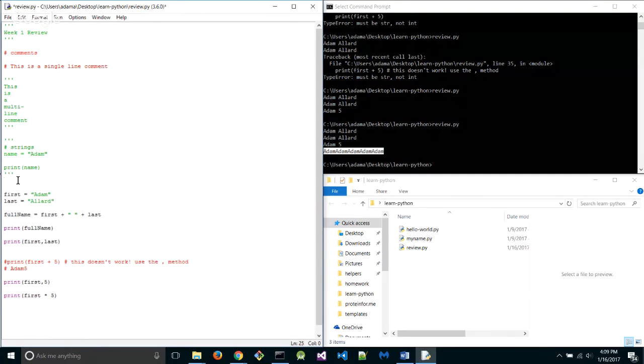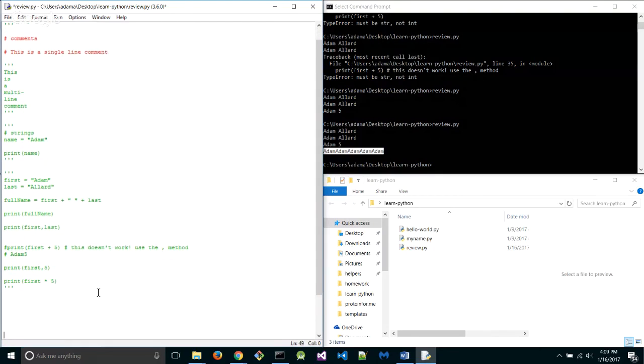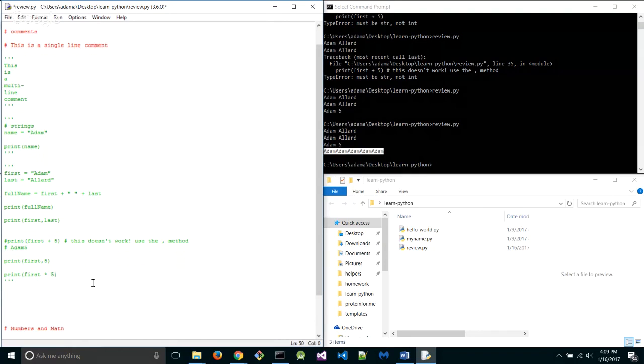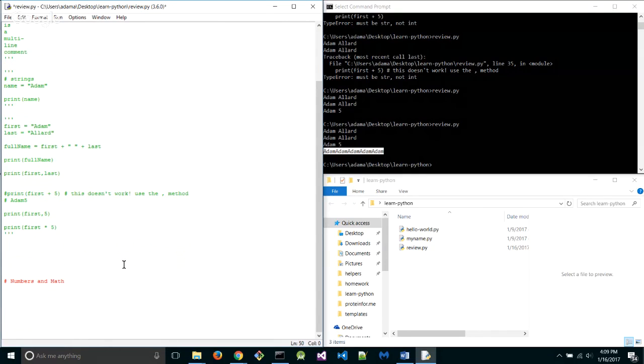Let me go ahead and just comment all of this out now so we get a clean working copy here. And let's go back onto numbers and math, and we'll review a little bit about that again. So remember, we can print out 5 plus 2. I'm just going to copy that, Control C, Control V, Control V, Control V. All right, so we can do addition, subtraction, multiplication, division, we can do the modulus character, we can do exponents,